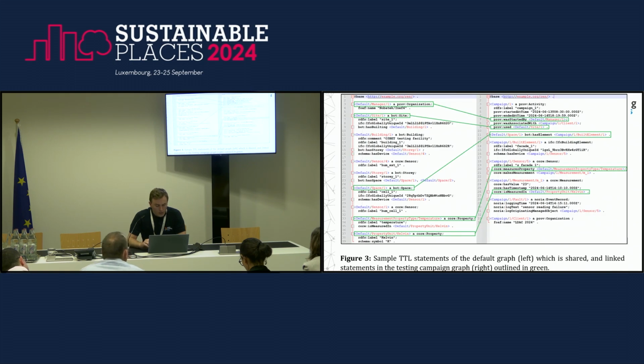And then I've got some examples, but I don't think it's worth going through them. This was also what I showed at LDAC, how we are linking the two graphs. Here you can see that the organization is mentioned in one of the graphs, but in the other graphs you have data that is missing. Again, you can find this in the paper.